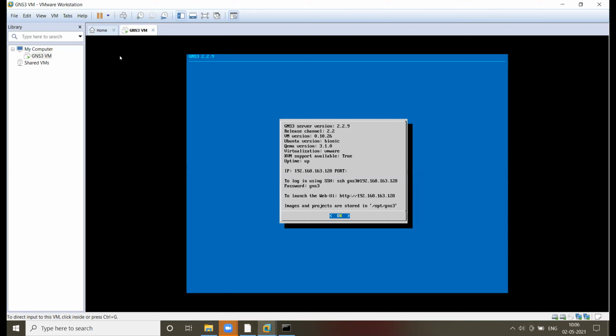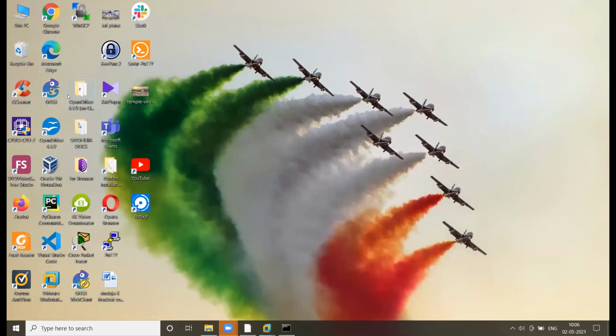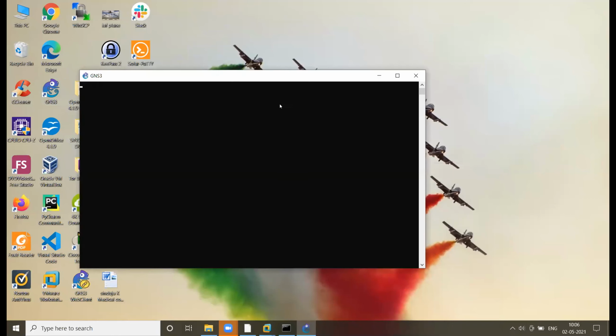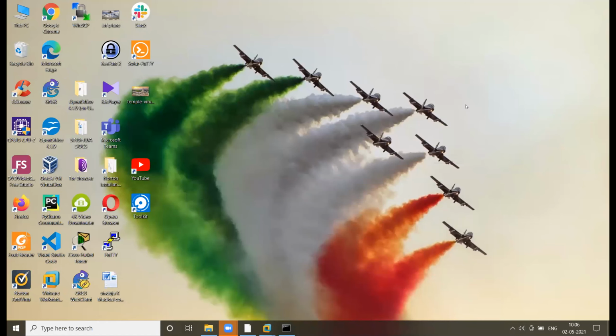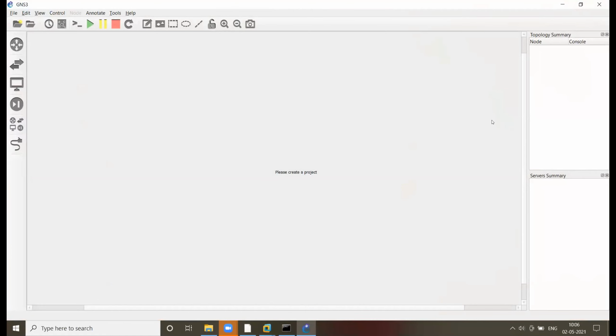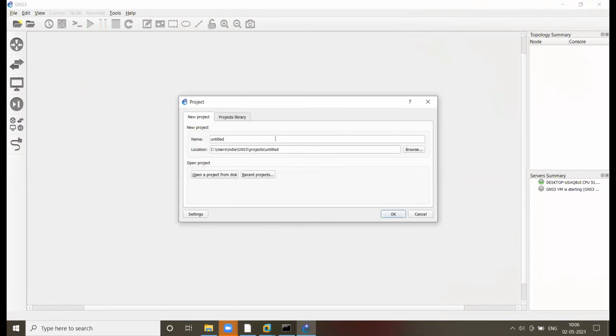Okay, thank you. Nankishore, please minimize this application. Now open your GNS3. Wait. Jitendra, if it's not scanning, we can import also.